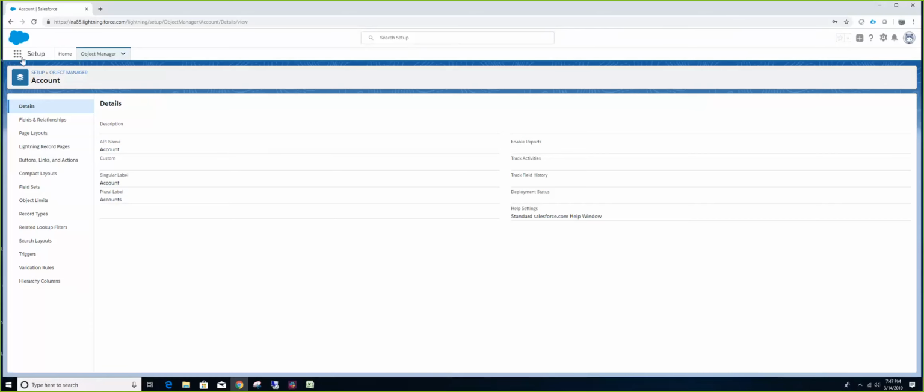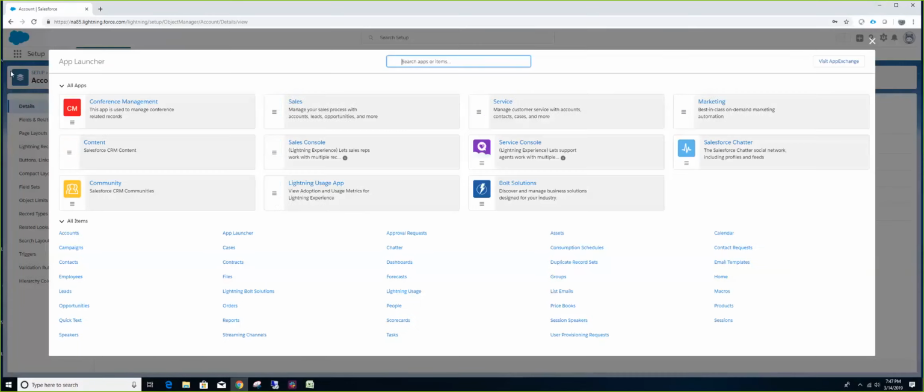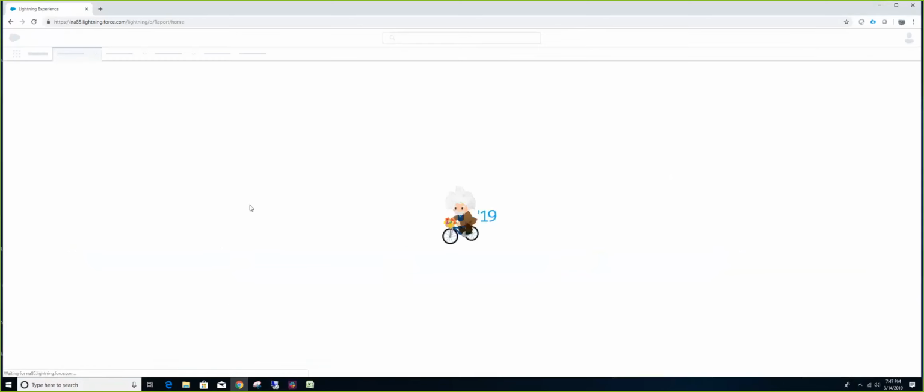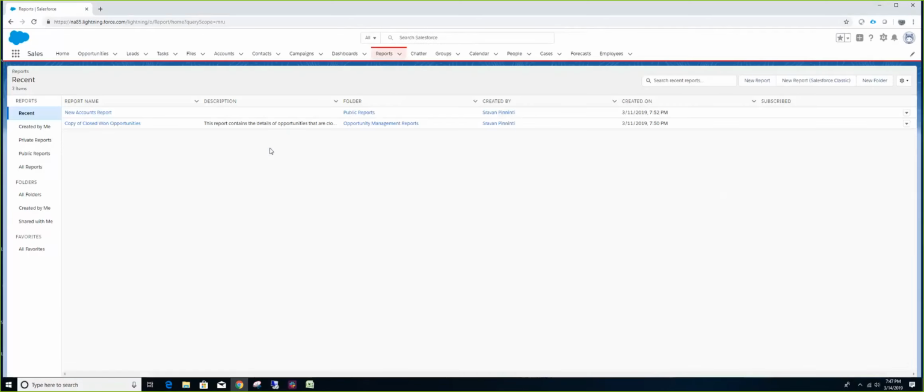Okay, I'm going to talk about reports. I think we spoke about the report folders already, where you can create a folder. If you want to save a report completely accessible by everybody, you will create it in the public reports folder. If you want the report to show up only for you, you will store it in the private reports folder. Otherwise, you can create a new report folder.